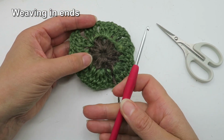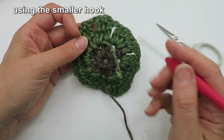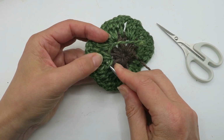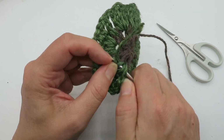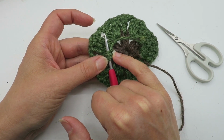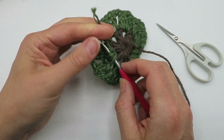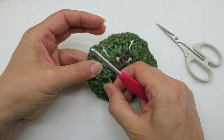So for sewing in ends, I'm going to use the hook as well, and remember what I said a minute ago about you're always going in the opposite direction. So with a needle, you would thread the needle and push it through there, but with a hook I'm coming the opposite direction. So I'm going to come through there, and remember when you're sewing in ends like this, I want to skip that first one, because otherwise I'm just pulling it back, undoing whatever was already done there, because I've caught that end in when I was crocheting. And for this I would say don't worry if you split the yarn, because you can actually use that